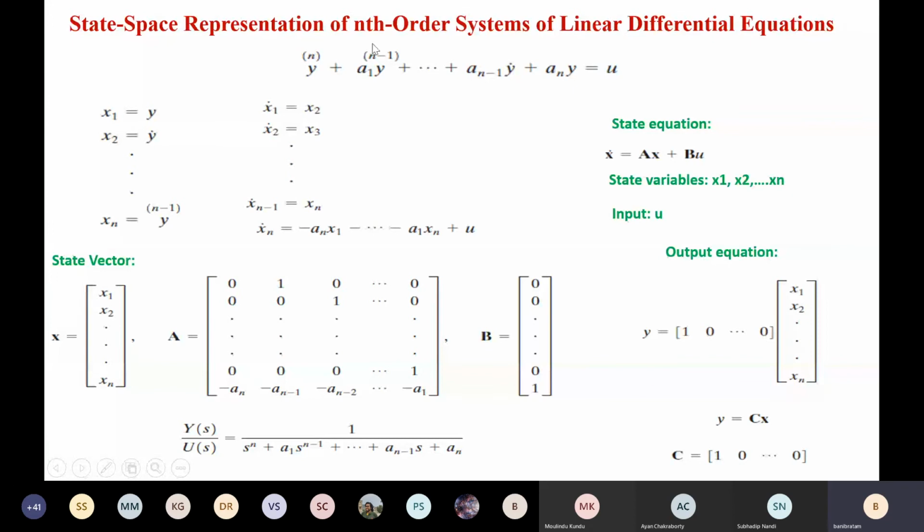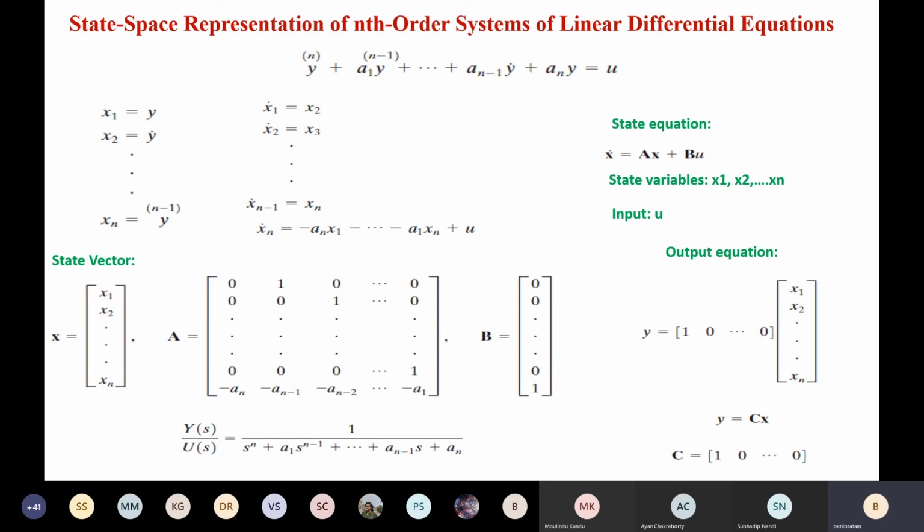Then finally, in this state space representation I have mainly two equations. One is the state equation, but in the state equation we don't have the direct output expression, because y is my output. So another equation is used, which is called the output equation, which I can write as y equals to Cx. Where am I writing this y equals to Cx from? I am writing from this one, where x1 equals to y.